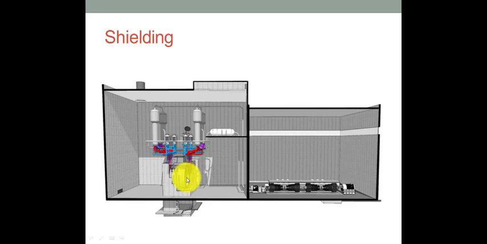We can see here the calandria is contained in a separate concrete vessel, and the whole system is then contained in a building that is also built of concrete with 1 meter wall thickness. Usually for gamma, lead is an efficient shielding, and for neutrons, concrete is used as an efficient shielding.